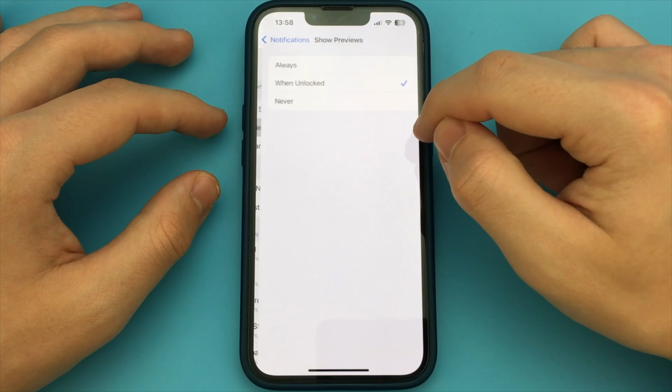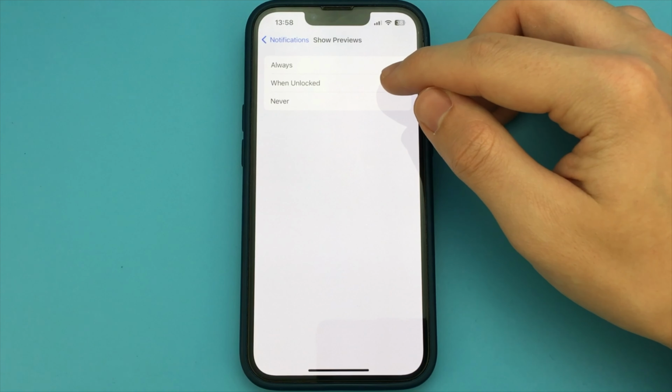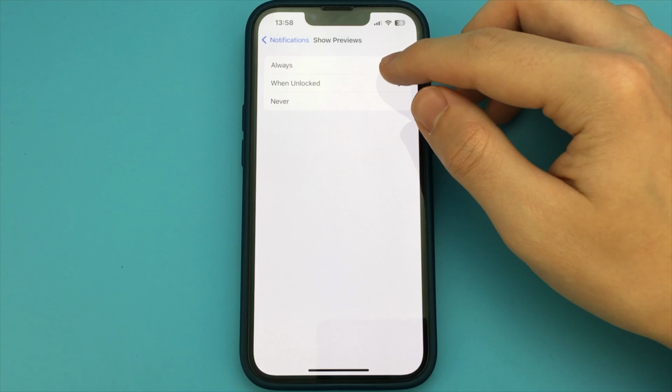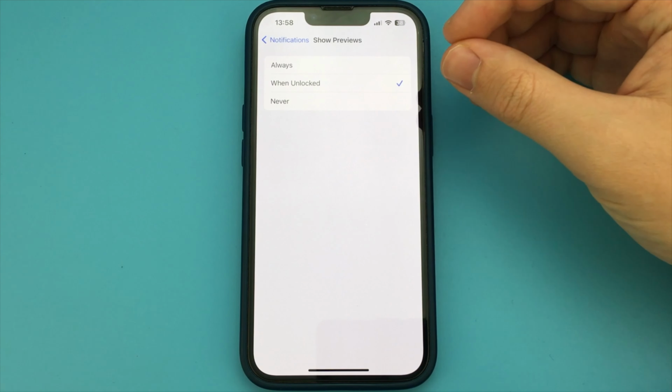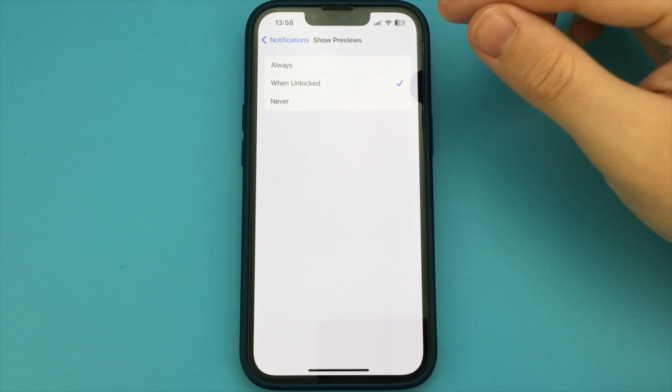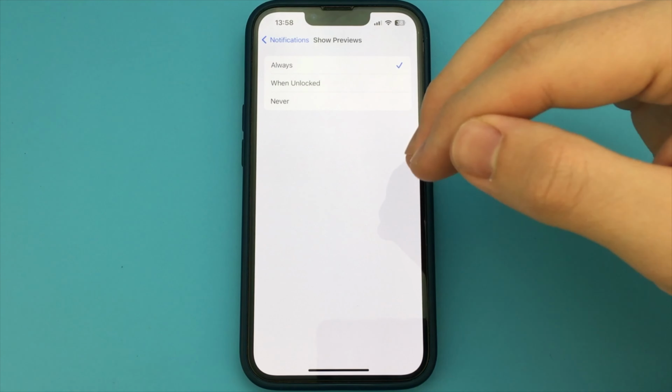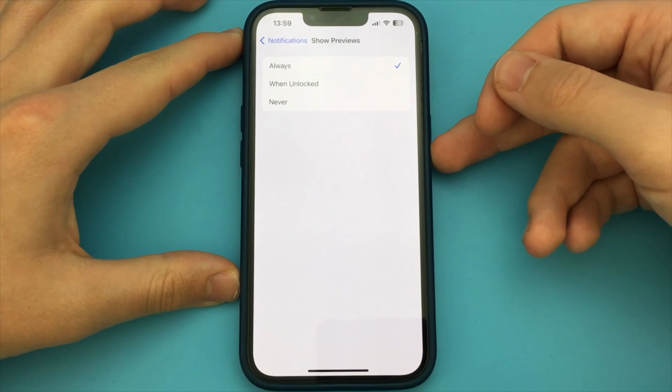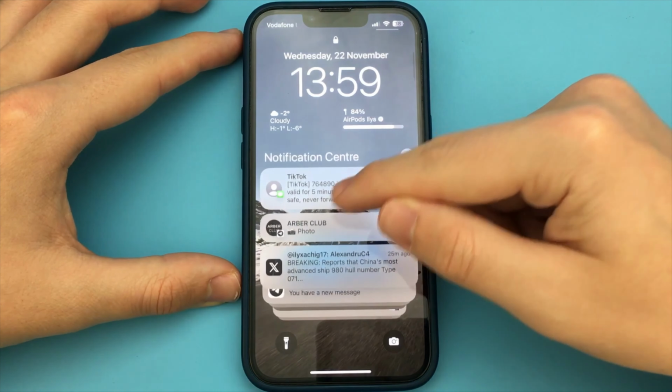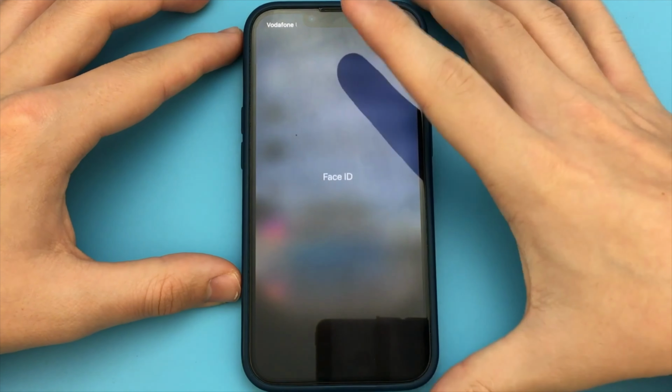Now our notifications will be shown, but we will not see their text. The information is now not visible. I advise you to do the second item because I think it is convenient. As you can see, this is a very simple and quick way. Done. There is nothing complicated.